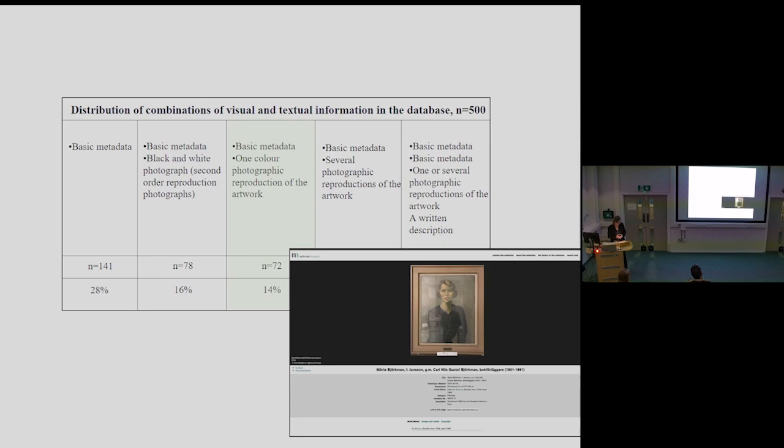Most of the photographs used in these entries were taken by professional photographers that clearly display the artwork. However, another type of photograph might also appear, and you see an example of this here. It is what the museum called identification pictures, and these are taken by the employees of the museum with smartphones, as this is a quicker and cheaper way of making photographs of the collection. And as you can see in this particular example, you see the reflection of the photographer in the glass of the painting. Maybe you cannot see it from here, but